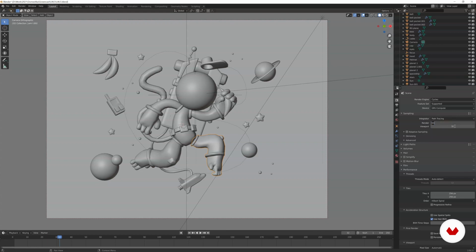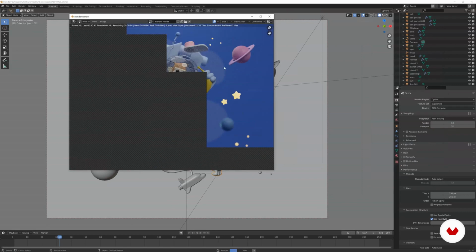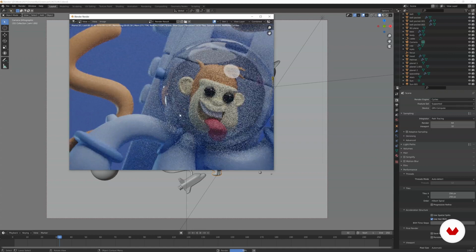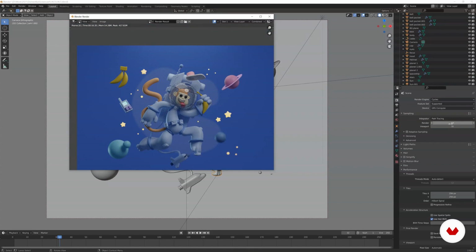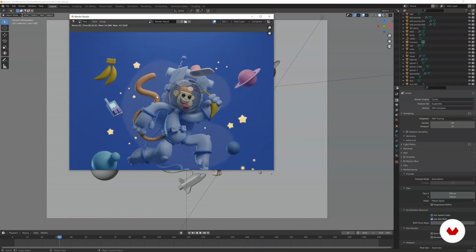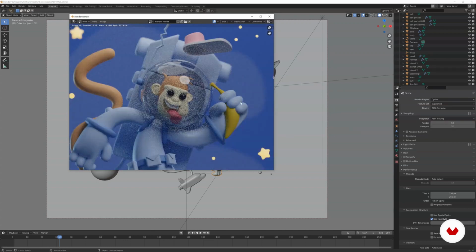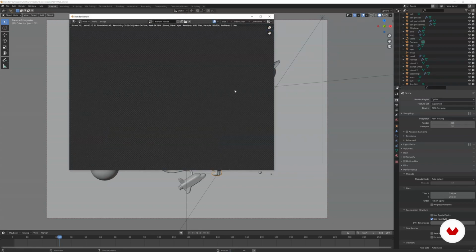Well, let's try first rendering with 64 samples. Let's see what it does. Press F12 to render, and you'll see with 64 samples, it's okay, but you can see a lot of noise in our render. And basically, if you increase the render samples, we'll have less noise because the computer will need to compute a lot more samples and it would eliminate the noise. So if we go to 256 and then render again, and then check it out,